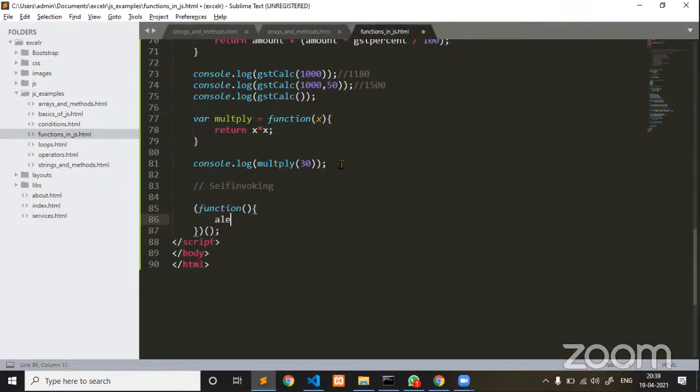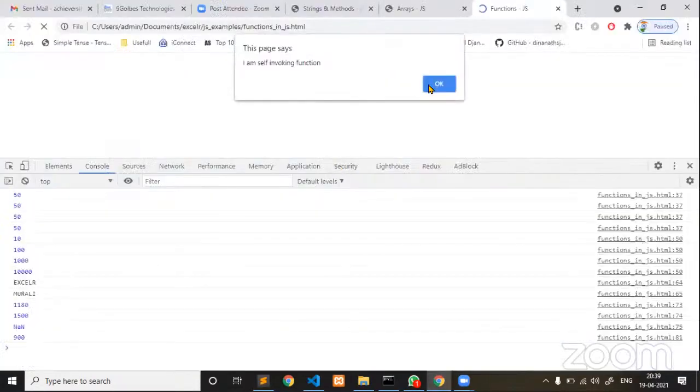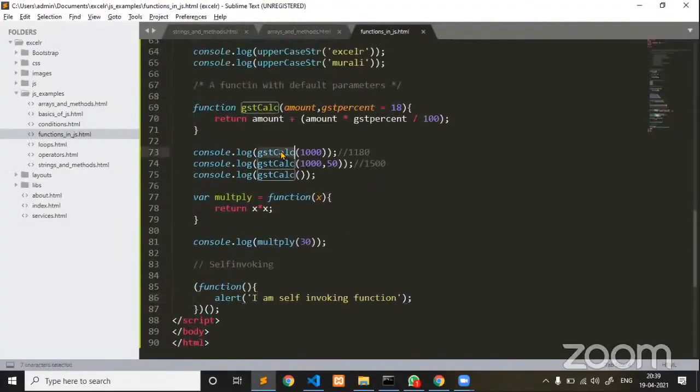And if you try to see the alert, I am self-invoking function. I don't need to call a self-invoking function. I don't need a special calling. Every function whatever we created so far, we are calling.